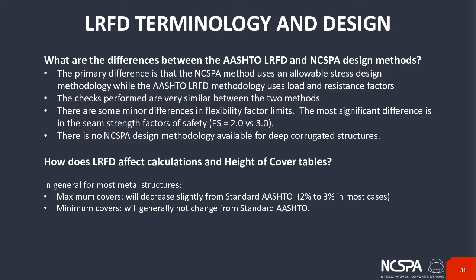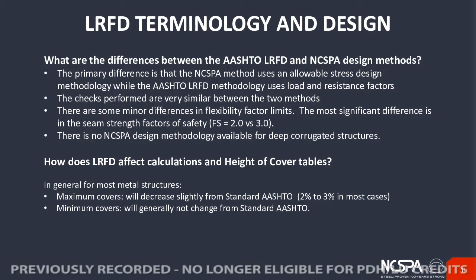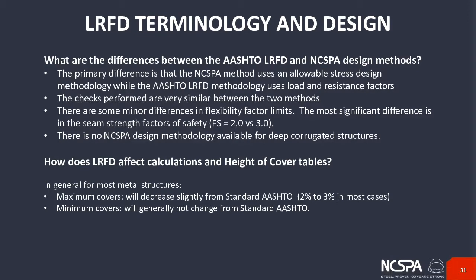And probably the most significant difference in terms of performance is in the seam strength requirements. So the traditional NCSPA design methodology only requires a factor of safety of 2 on seam strength. AASHTO for years and years has required a factor of safety of 3 on seam. So that's probably the most significant difference in terms of methodology between the two. And there is no NCSPA design methodology available for deep corrugated structures. Again, we talked about those are not ring compression structures, and so they do require a finite element analysis for